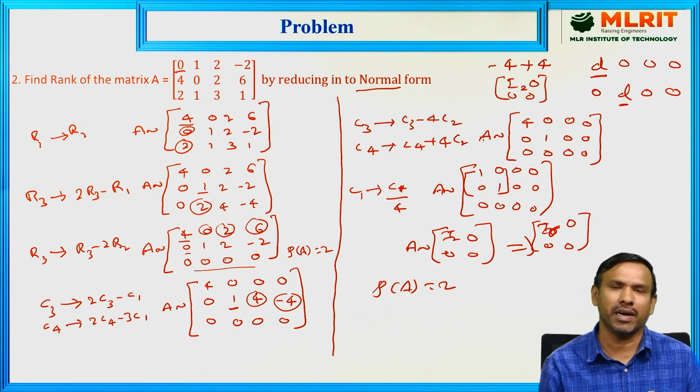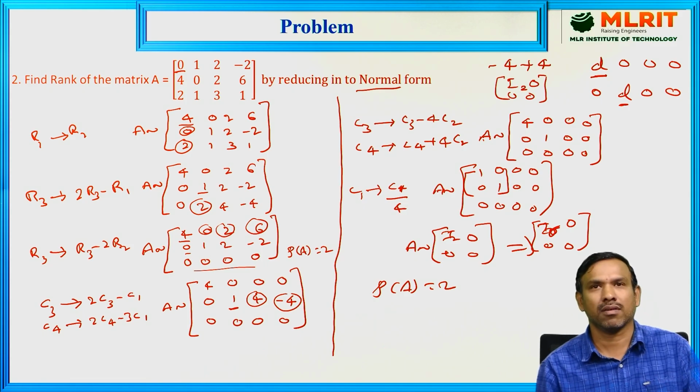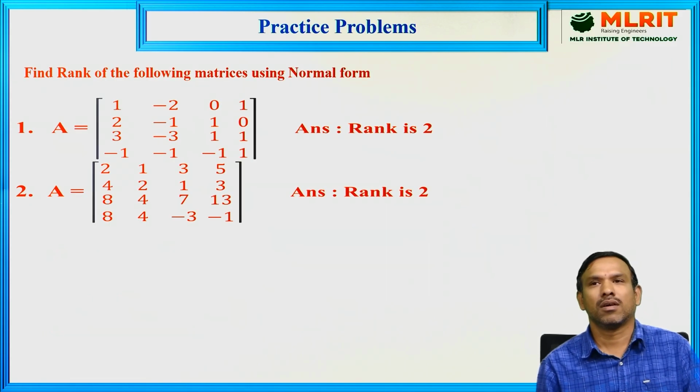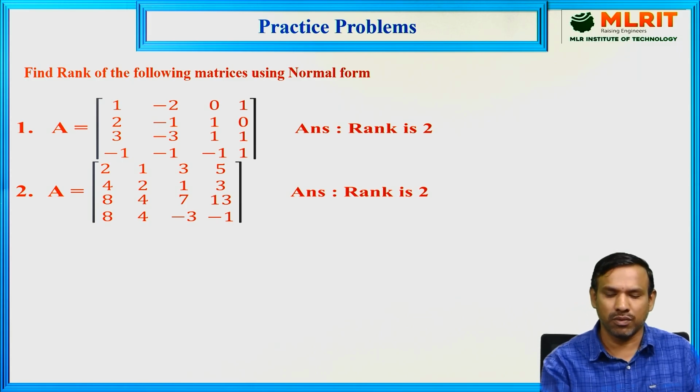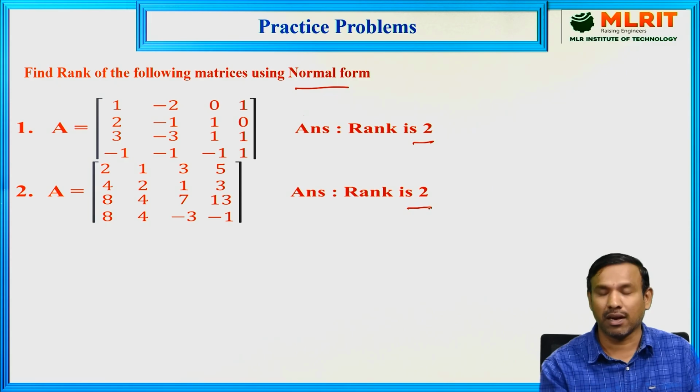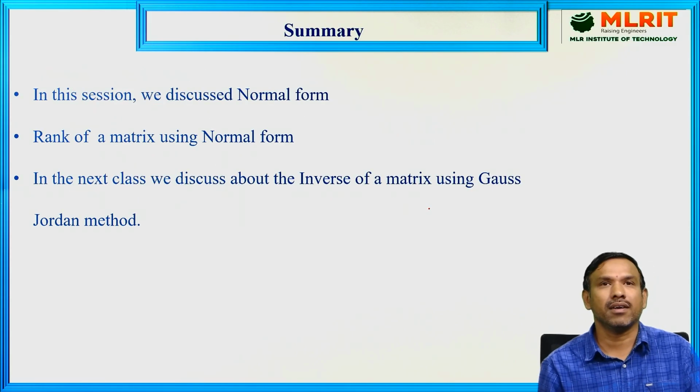That is, 2 independent rows are there in the matrix. Right? So here I am giving 2 problems which you can change into normal form and verify the rank. Right? Your rank answer is also given. Right? So in this session, we have discussed the normal form and how to find the rank of a